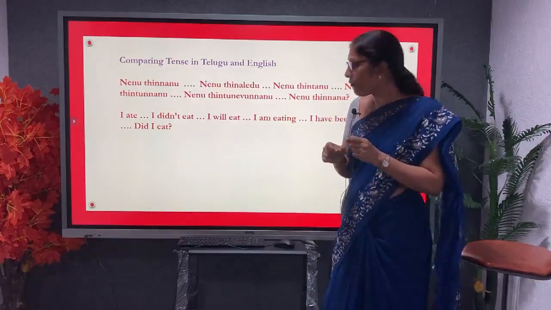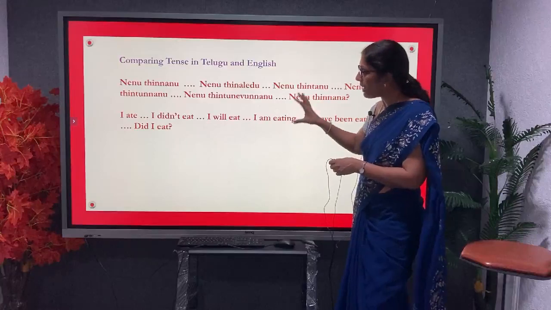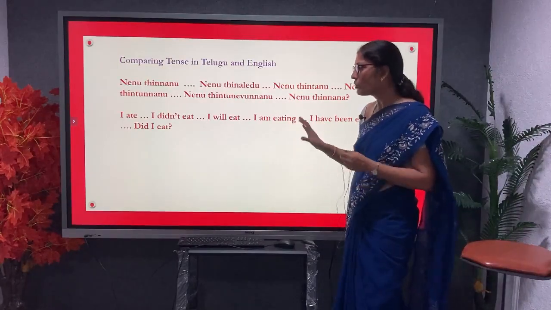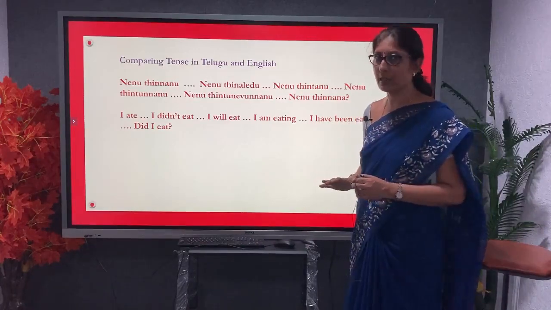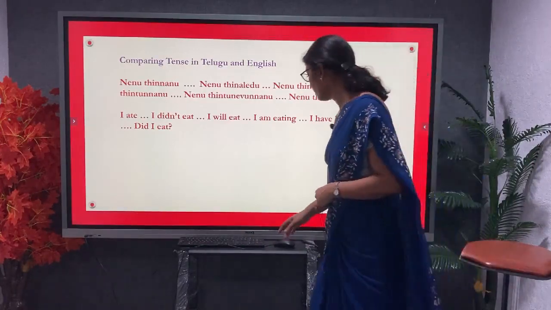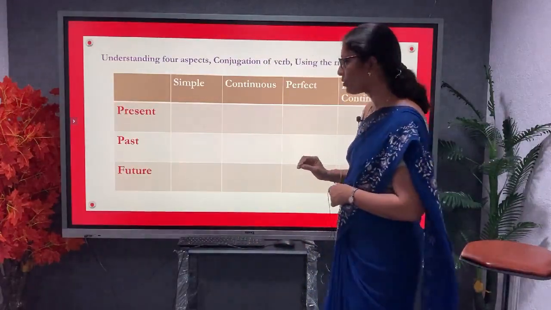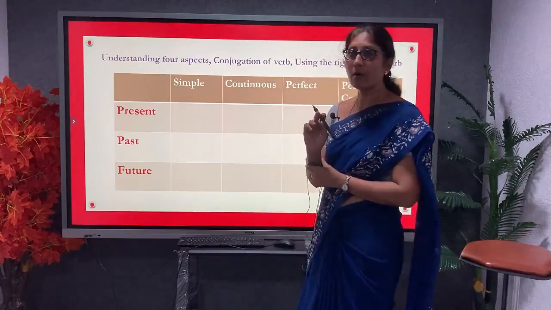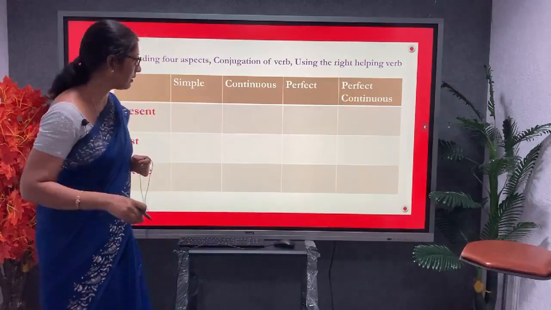That means you have to understand what changes are taking place while we are framing a sentence in the English language, okay. So if you understand that concept, you never make a mistake, okay, right. Let us work on it. So what's the correct tense form we need to choose, okay. First of all,